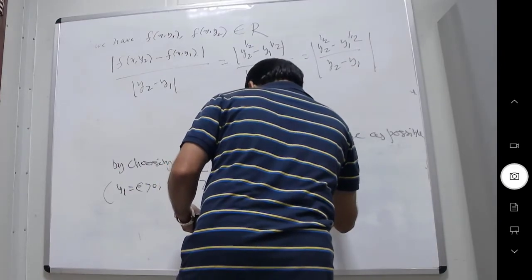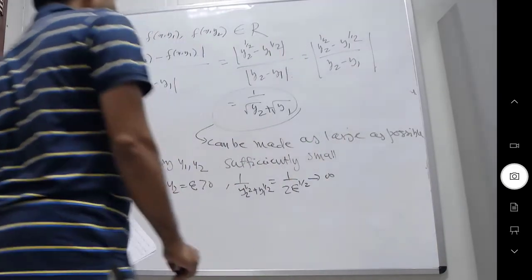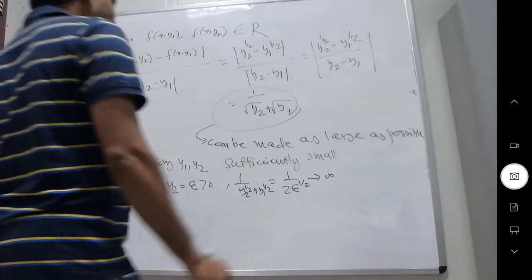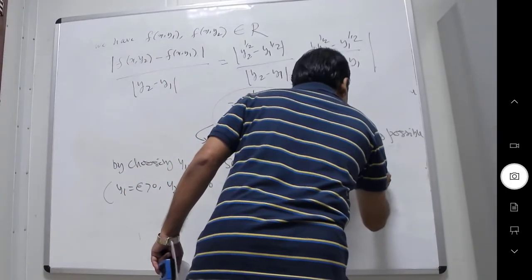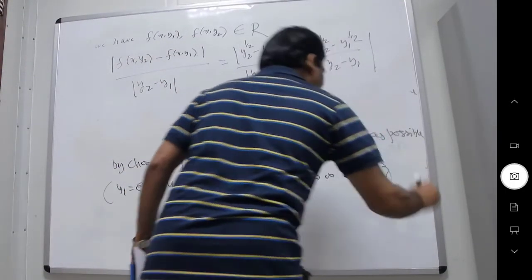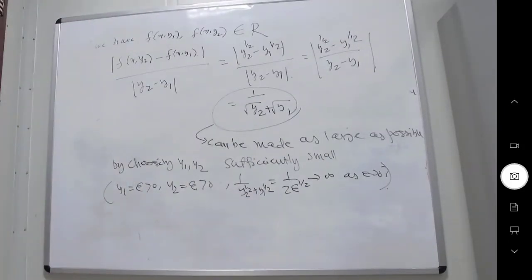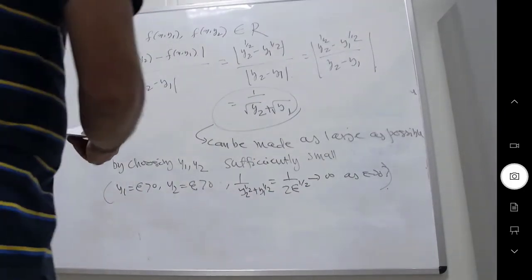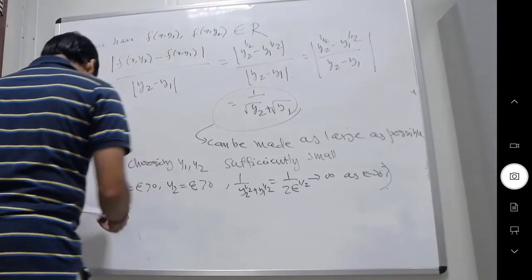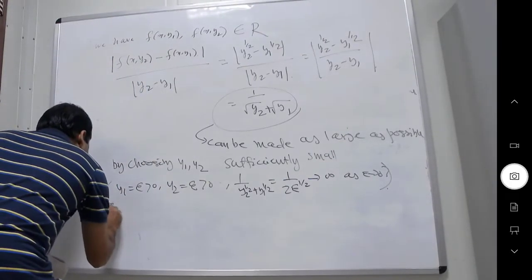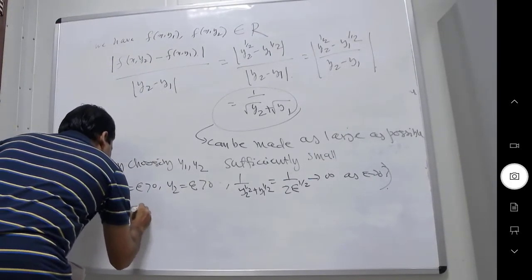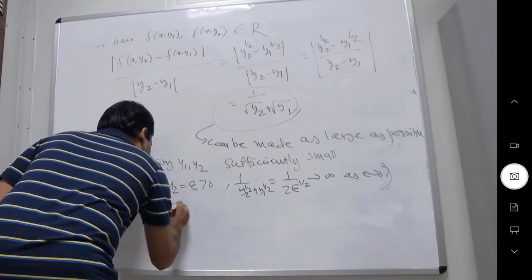This tends to infinity as epsilon goes to 0. Right? As epsilon goes to 0. So that means f does not satisfy